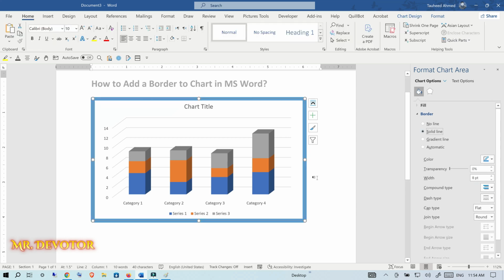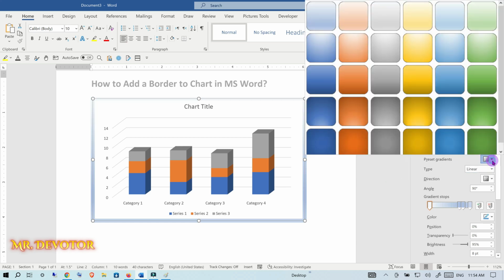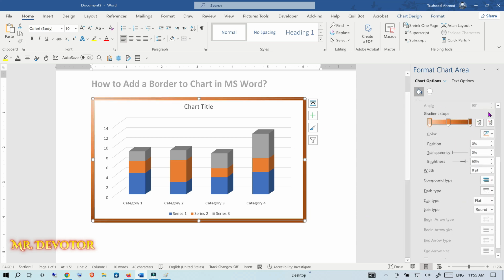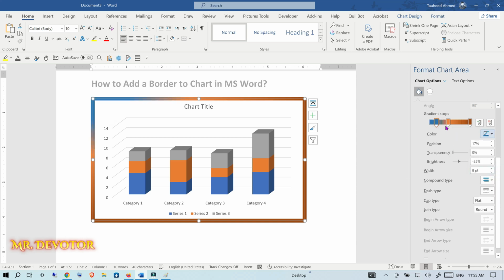So if you want to add some gradient color, click on the gradient line and now select the preset gradients, for example orange, and you can select the type to the rectangular. You can choose the direction which you like, and now you can choose the second color from here, and this one is the blue. You can move it anywhere, and now you can also add another point to select the